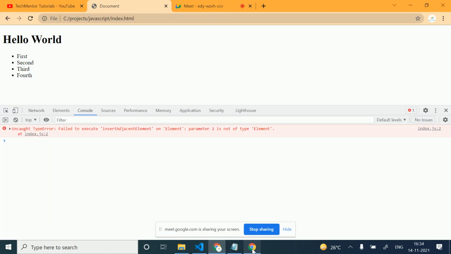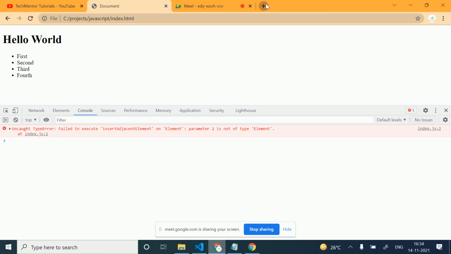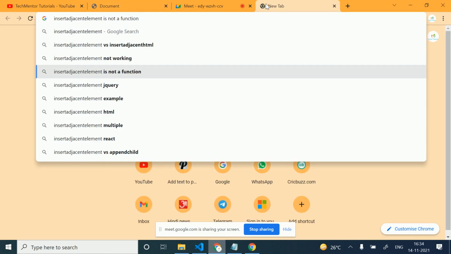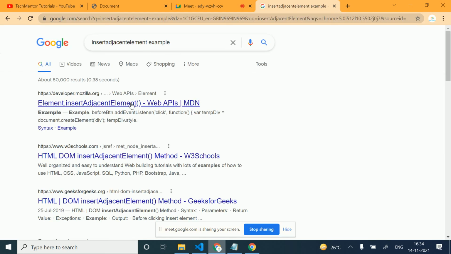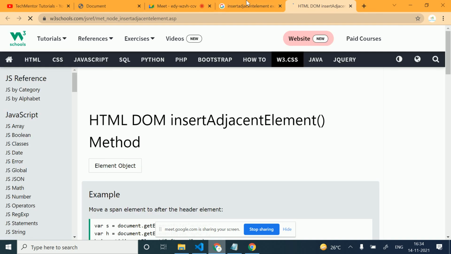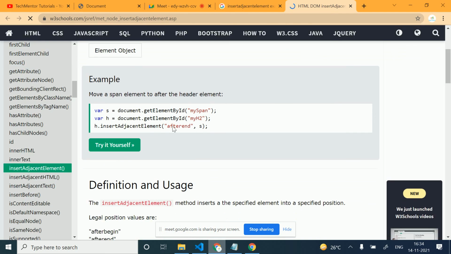I'm forgetting this because we don't use it much in React. You can just follow W3Schools, because the example is very simple there and we can run the code.